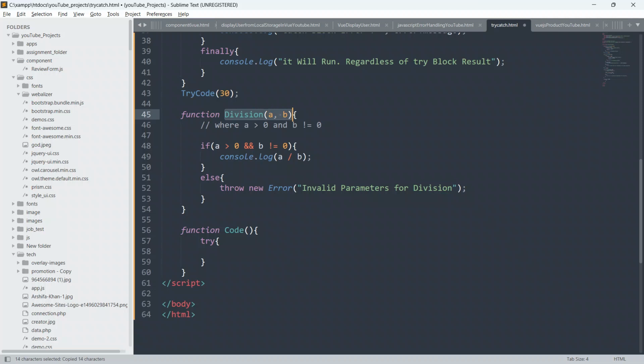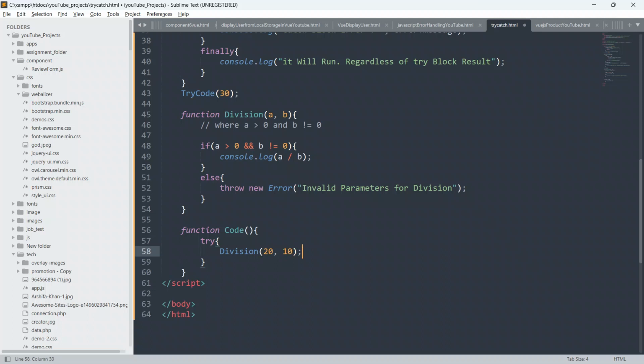I already explained that in the try block of code we generally write the kind of code which is prone to error, which is supposed to throw some exception. Now I will call this function from here, paste it here, and pass the parameter as 28, or give 20, or let's say give 10.